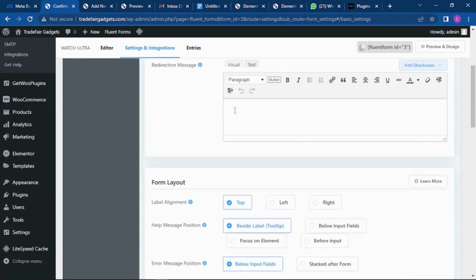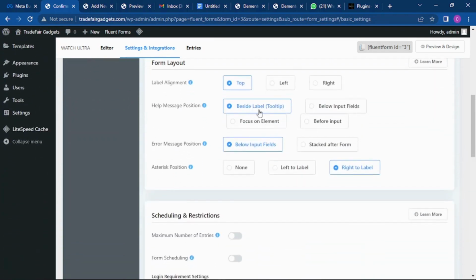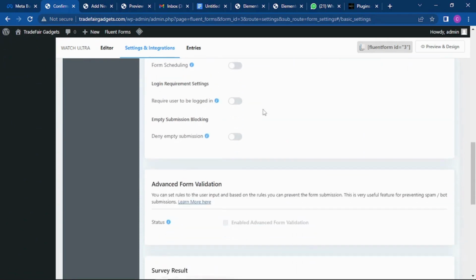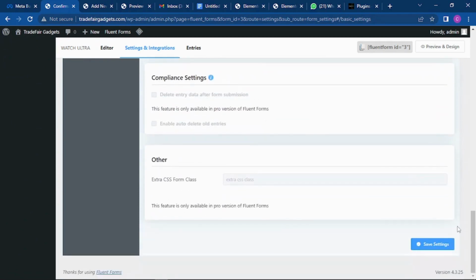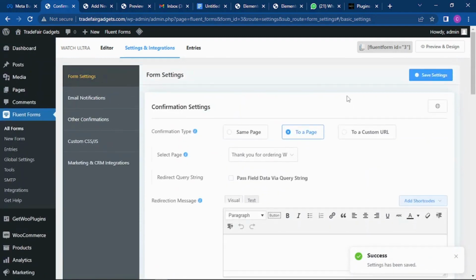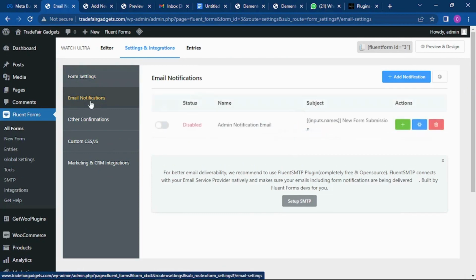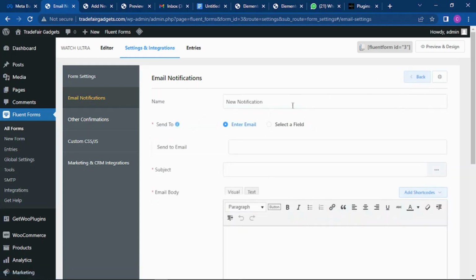So the next thing you want to do is to come down. Everything here is okay, just don't tamper with anything here. Just go down, click on save settings. It has been saved successfully. Then the next thing we want to come down to is the email. This is important, email. So add email notification. Now when someone places an order, what should be the heading of your email? It's something like this, maybe